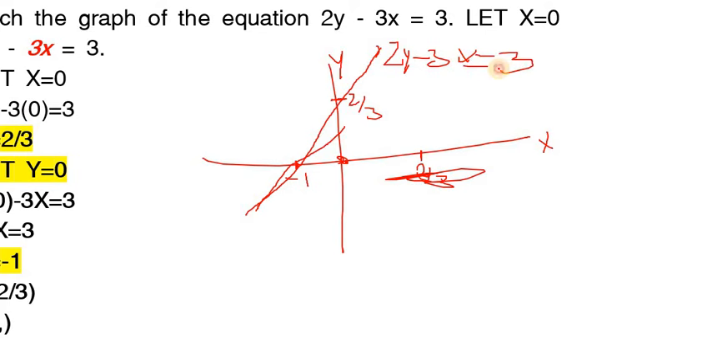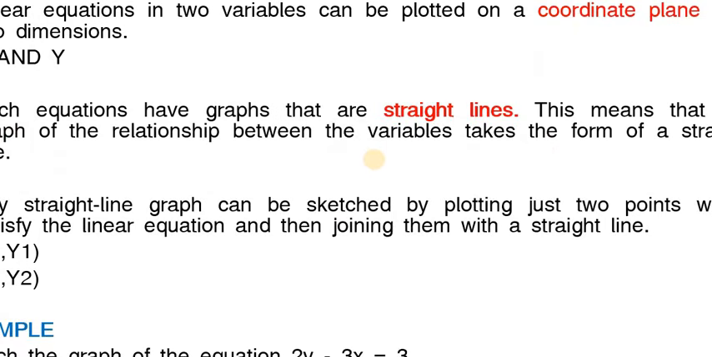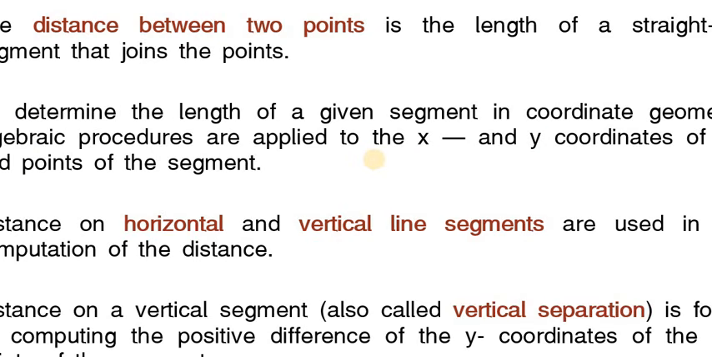So ግራፋችን በዚህ መልኩ ይሆናል. So የዚህ equation, which is 2y minus 3x is equal to 3, የዚህ ግራፉ በዚህ መልኩ ምናስቀምጥ ይሆናል ማለት ነው. So this is how we can create a